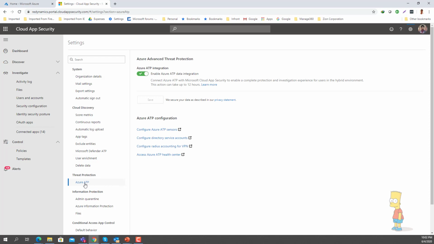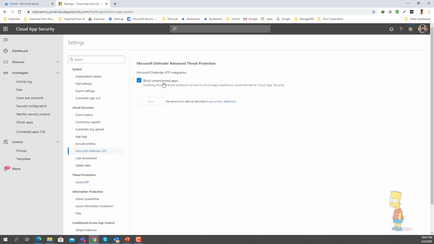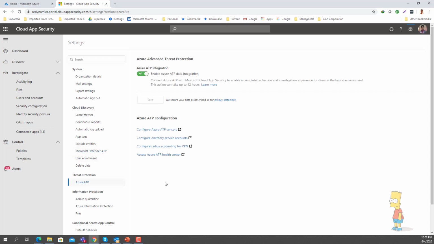Because we have integrated with Defender ATP, with the Microsoft Defender ATP integration, we can get the endpoint details. And by integrating with Azure ATP, we will be able to get the on-premise Active Directory details as well as login information. So those are a couple of places where you can see how we can have connectors to gather more information.